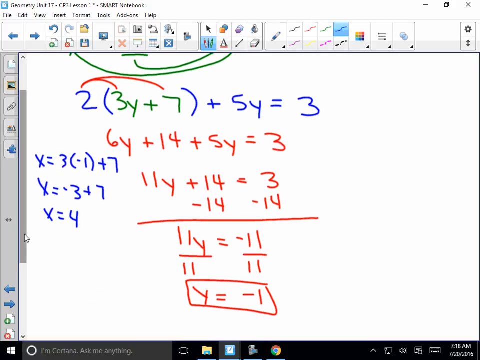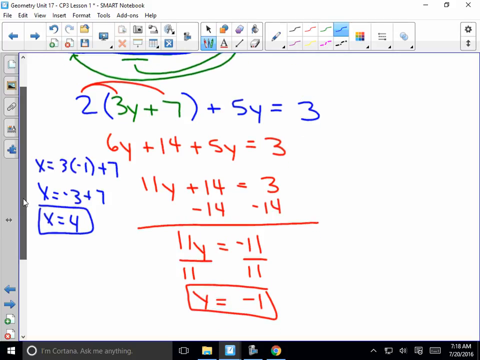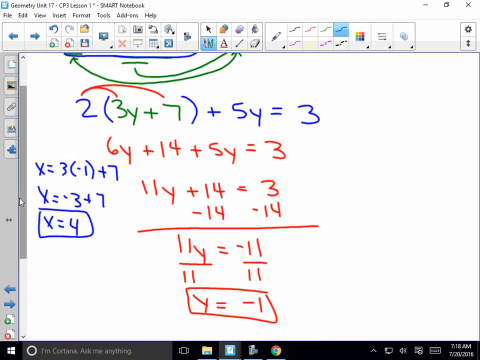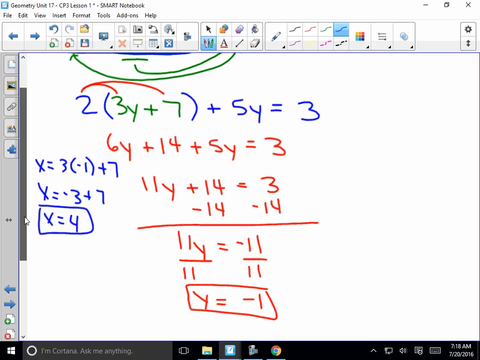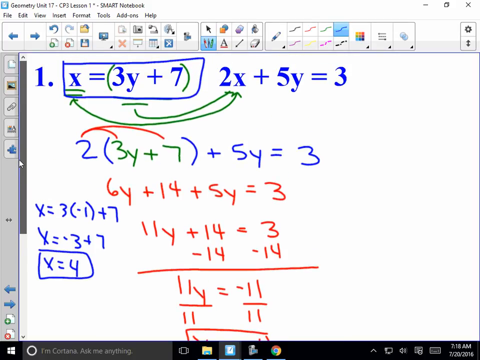So now I have the two parts of my point of intersection. Now, I don't want to stop here, especially if it's a test. If you're doing this problem on a test, you always want to go one step further, and you're going to take this coordinate point, x equals 4, y equals negative 1. So (4, -1), and I'm going to insert that into my second equation and check and see if